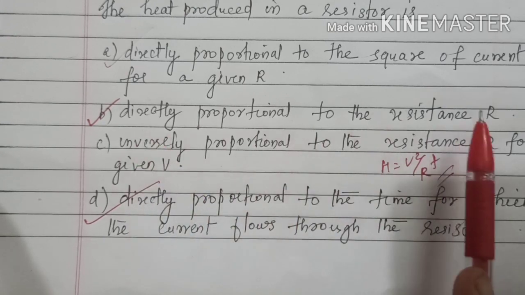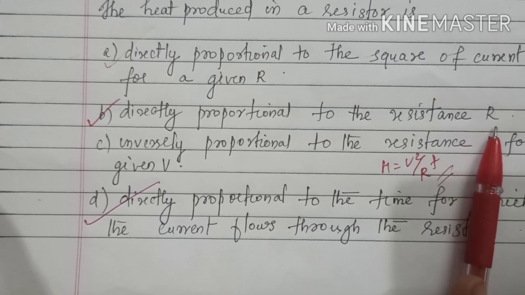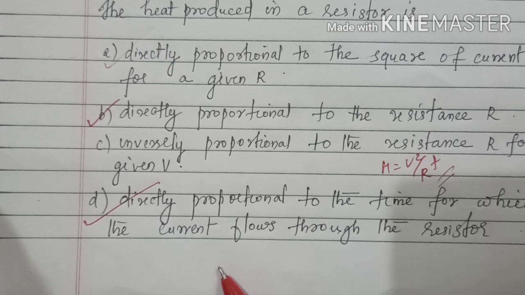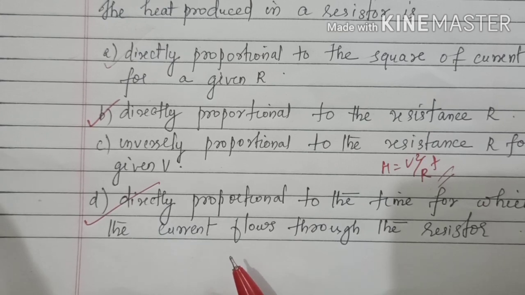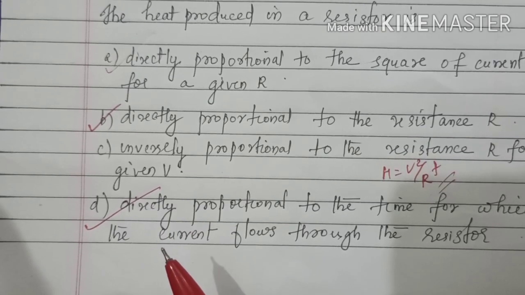Generally, it is directly proportional to resistance. That is why having higher resistance means a greater amount of heat is produced there. If the resistance increases, the heat produced also increases. If the current flowing increases, more heat is produced. And if the time for which the current flows is more, then we can say that the heat produced is also more. So heat depends mainly on resistance, current and time.